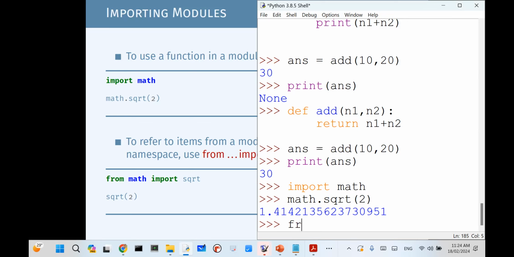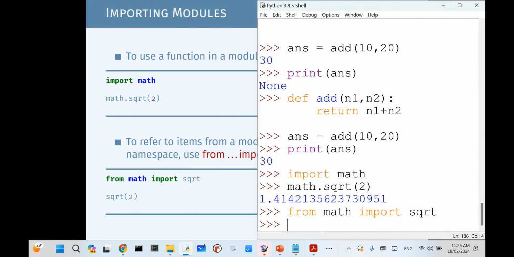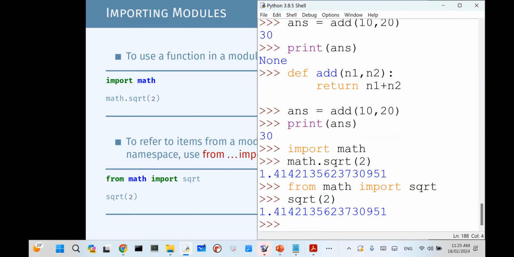So what you can do is, instead of saying import math, you can also refer only to the items that you need. So for example, we can say, okay, only the square root function is enough. So what happens? Now when you say sqrt of 2, right, you are getting the correct answer.